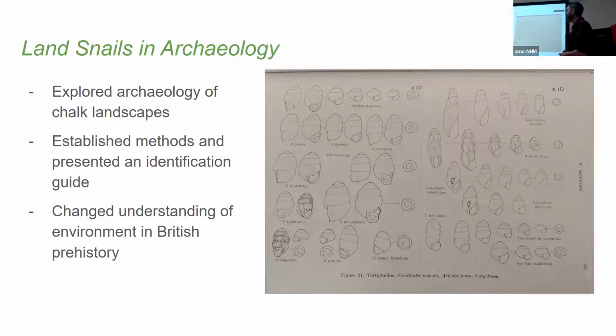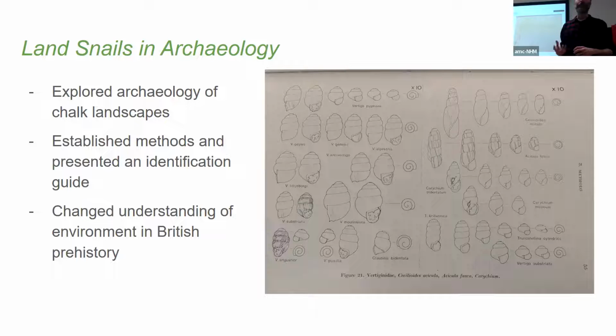Much of his PhD research formed the basis of Land Snails in Archaeology. There had been a couple of quite short texts existing to give a general sense of the potential of land snails and archaeology. So Bruce Sparks had contributed a chapter to a Science in Archaeology volume in the early 1960s. And Michael Kerney had written a key paper called Snails and Man in Britain that explored both an archaeological relationship of snails and people, but also modern relationships of snails and people and the introduction of new species.